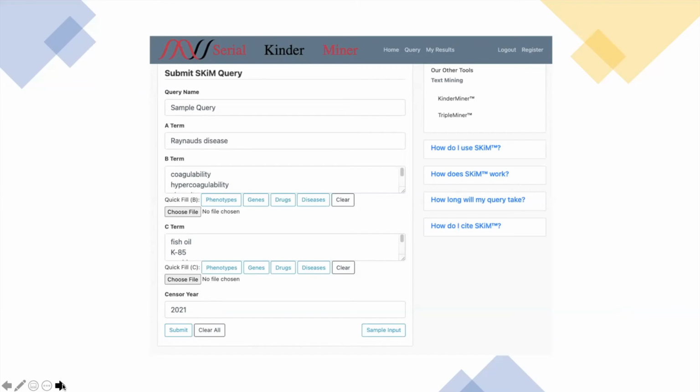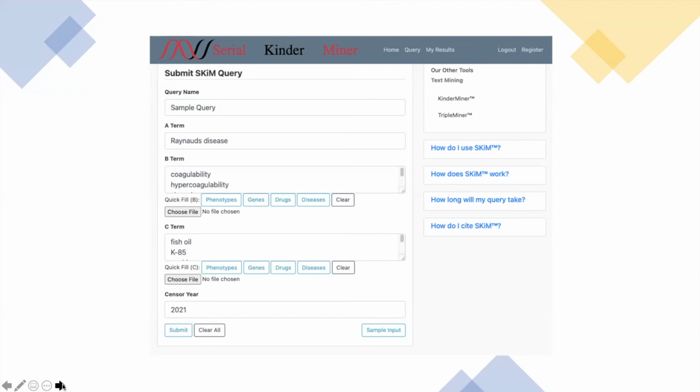Swanson identified fish oil. So we are giving fish oil and a list of other drugs as well. That is the C term. And we are trying to find the same discovery using some B terms, which is a list of phenotypes and symptoms. The user can give their own list of B terms and C terms.